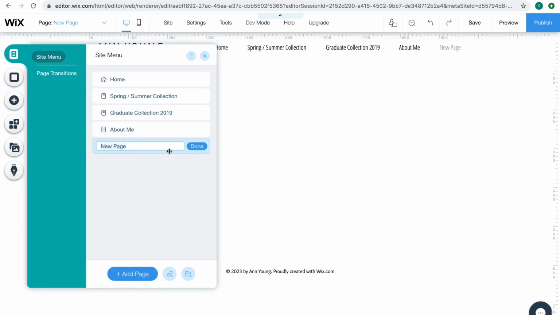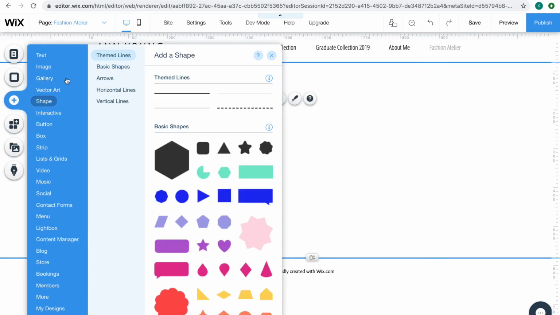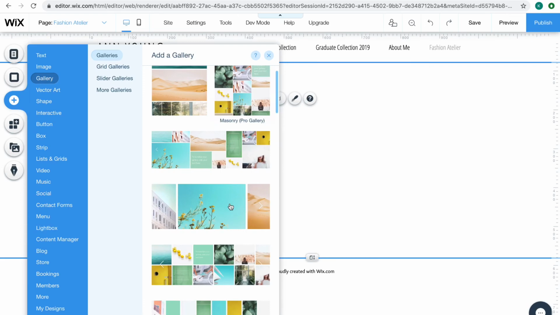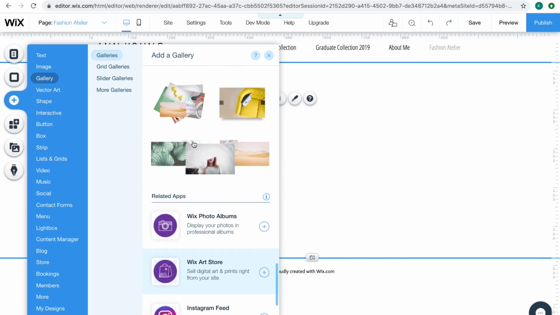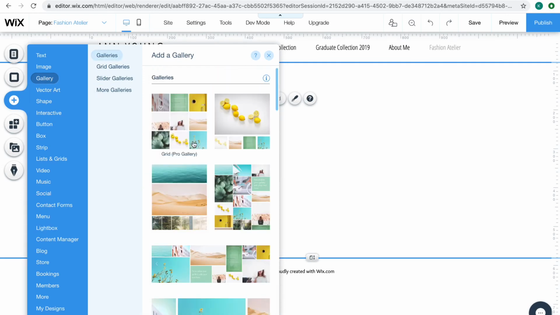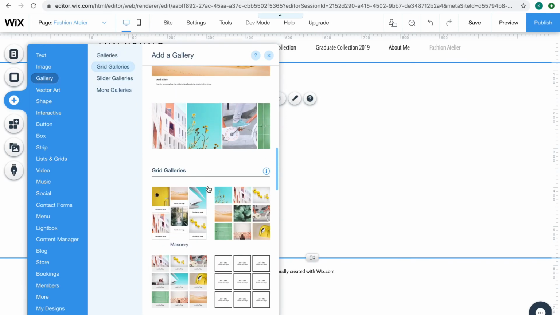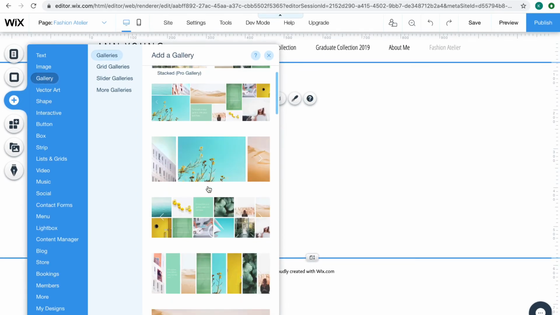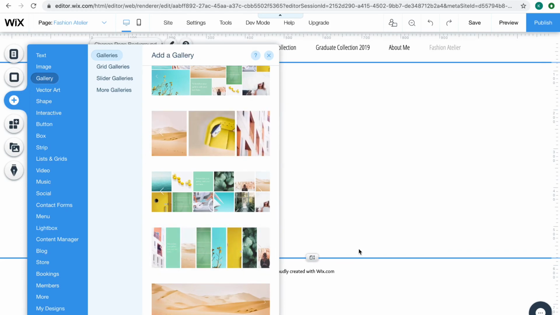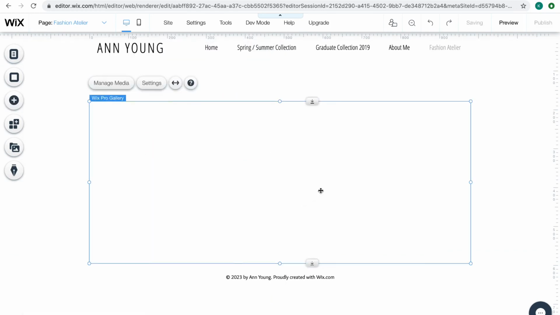So I'm just going to rename it Fashion Atelier, press done, and then I'm going to add gallery, and I found a really nice kind of thin one here. Where is it? I keep scrolling way too fast. Oh, there we go. So because I've got very similar images,